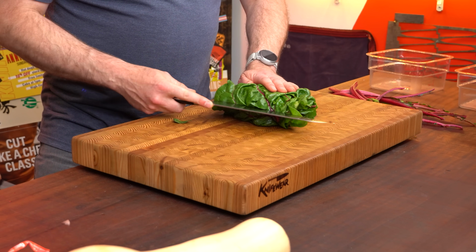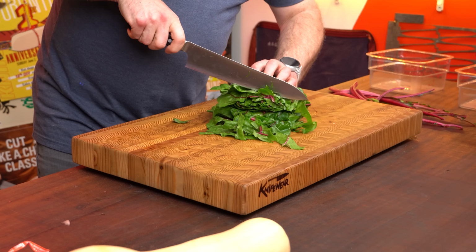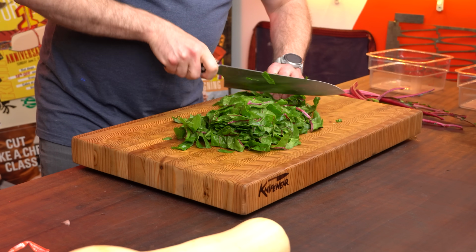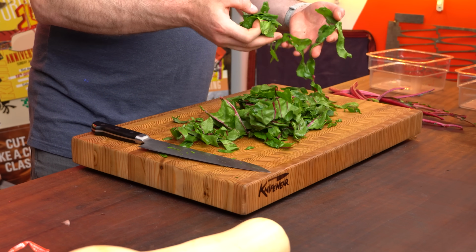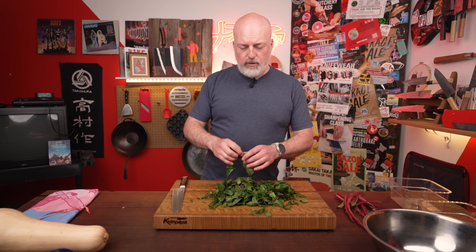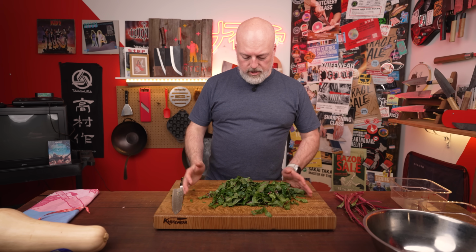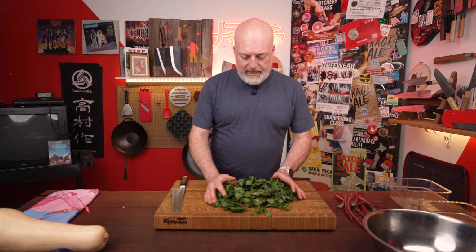I like to make one sort of horizontal incision, and now I'll cut them into these nice strips, which will give me something nice to saute. It'll end up being nice and even, if that's what you're going for. Often even cuts cook more evenly, so you get a more consistent result. But a chiffonade is a nice technique to use, and a big knife is going to make that easy, especially